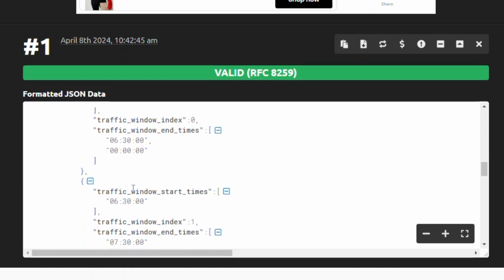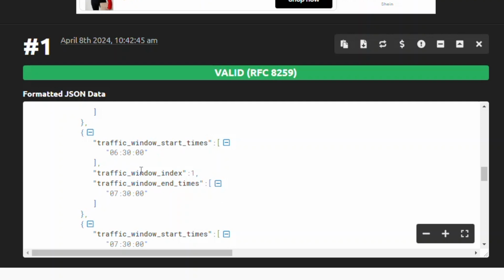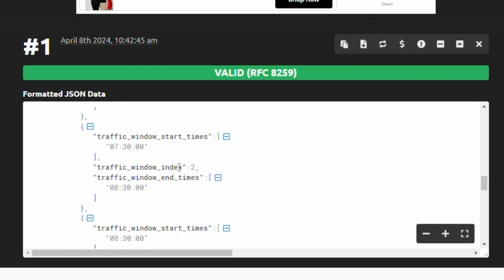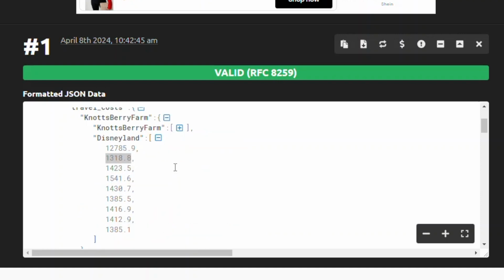Let's go to the second. The second traffic window, traffic window index 1, has start times of 6:30 to 7:30. Traffic window index number 2 has start times of 7:30 to 8:30, and it goes on from there. Hopefully you get the idea of what they're trying to represent here. Let's scroll back up and look at the data. The figure that I've highlighted is the first figure representing times between Knott's Berry Farm and Disneyland, and you can see here that it's